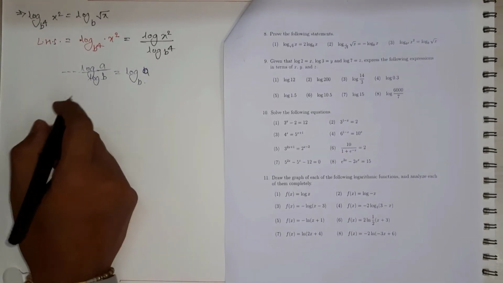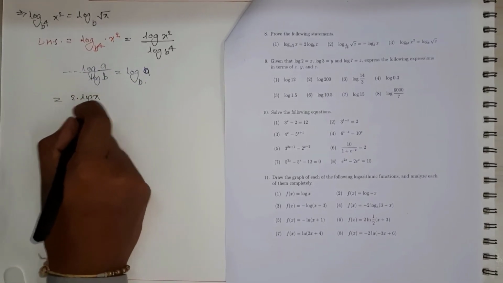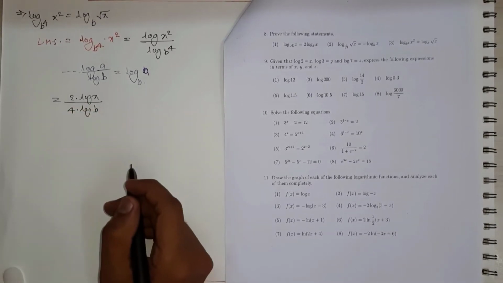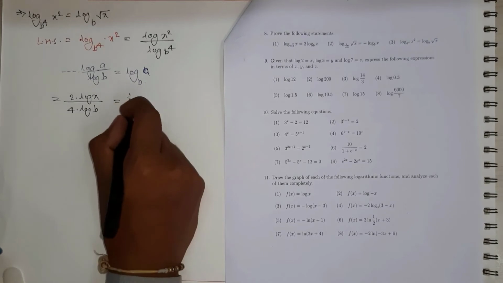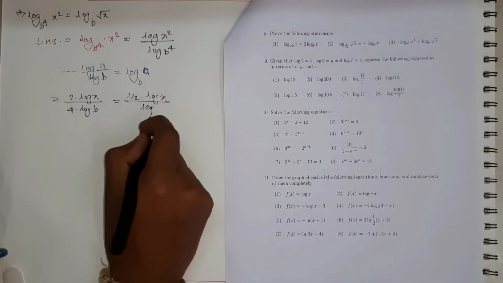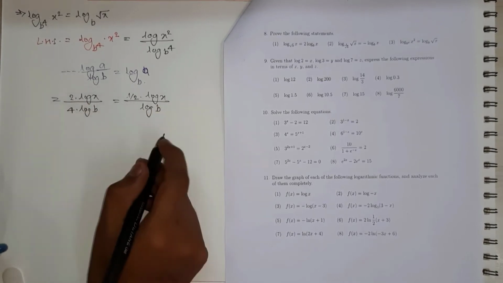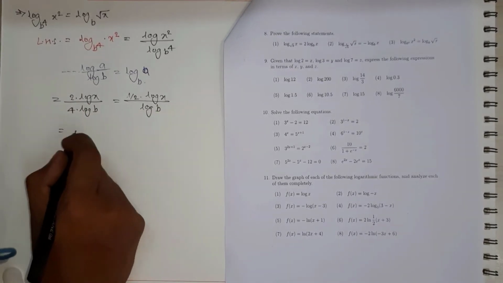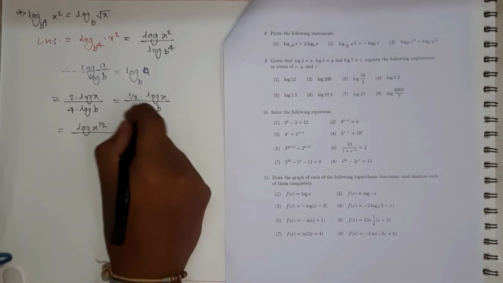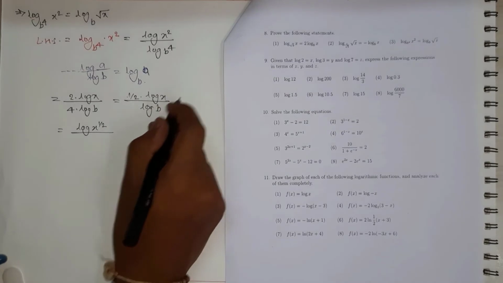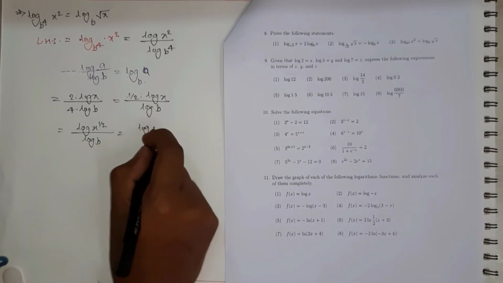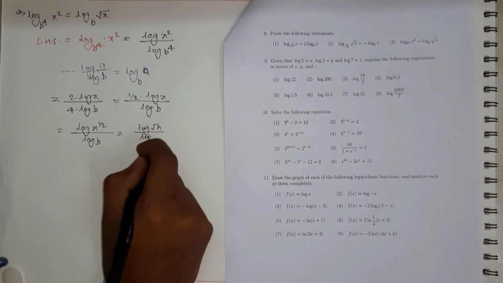This is equal to 2 into log of x divided by 4 into log of b. This we can write. We can say 2 over 4, that is 1 by 2 into log of x divided by log of b. This we can write. The 2 we have taken on the upper side. Then what can we say? Log of x raised to 1 by 2. We can take this particular value on the power in the form of index, over log of b. Now what can we write? Log of root x divided by log of b.